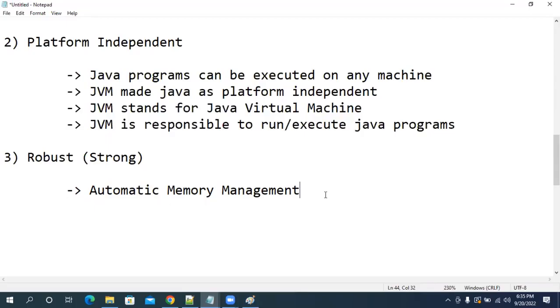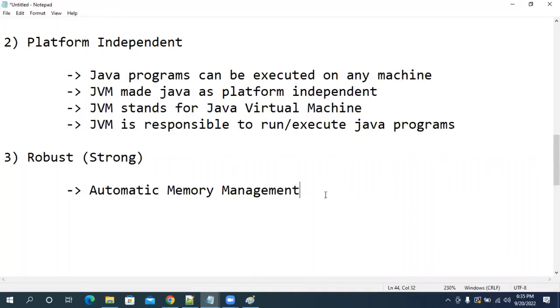After my program execution completes, I need to clean up that memory. Memory allocation and deallocation will be taken care of by JVM. Automatic memory management is available in Java. As a programmer, you need not bother when to allocate or deallocate the memory. That will be taken care of by JVM.